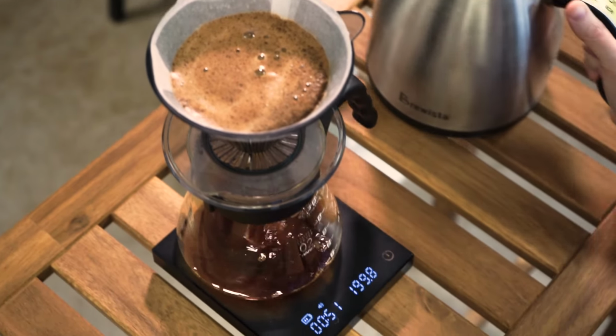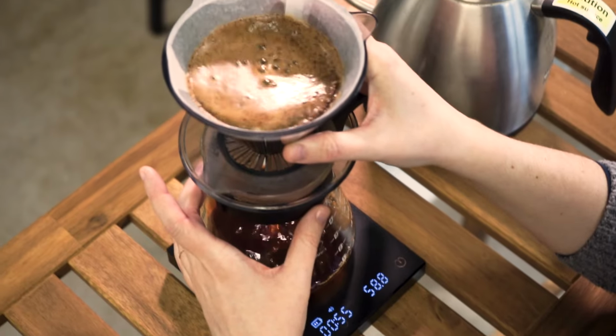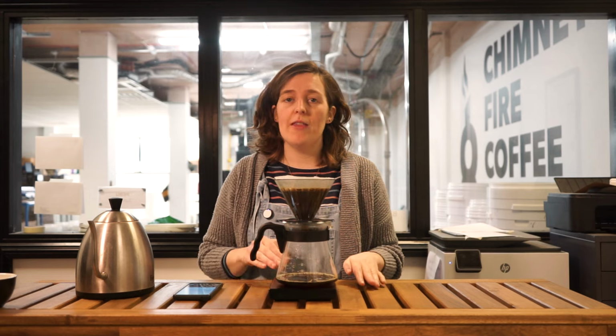Lovely. So I've got up to 200 grams. I always like to just give my coffee a little swirl. And we're just going to wait. It's a waiting game with this one. We're just going to wait for all of the water to drain out, and then we're going to do our